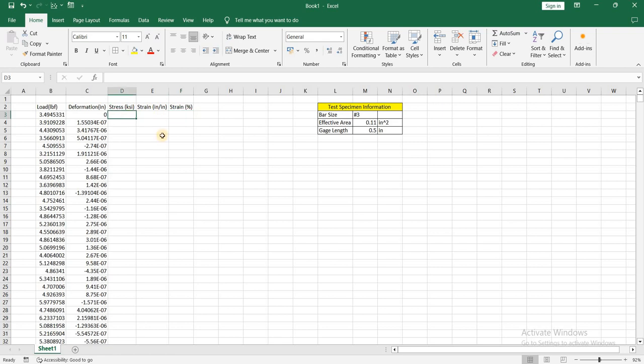So the formula for stress is load divided by the area. So I am going to write the formula here, which is equal to the load. I'm going to select this load cell divided by, and the area is 0.11. And I want to make sure that this M4 or the area cell is fixed. So I'm going to place my cursor over here and click on F4, and I'm going to lock this area